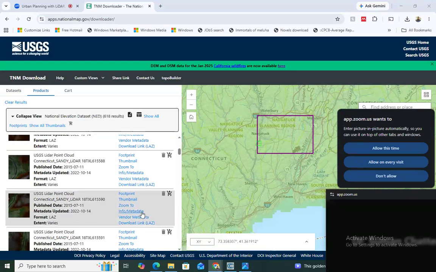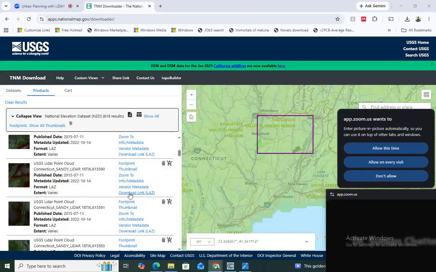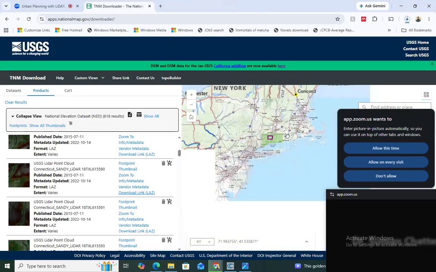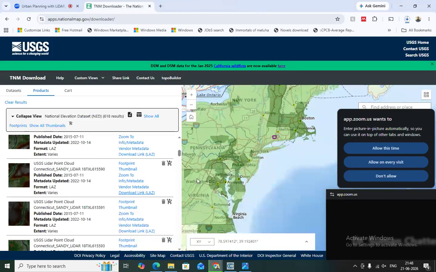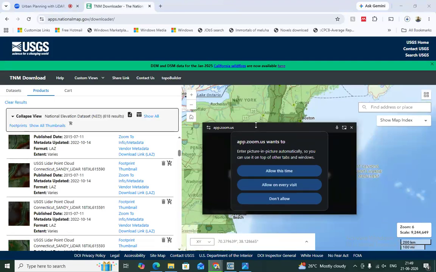You can download. If you click on the download link LAS, it will be automatically downloaded. Okay, just let me show you. If you click here, the data will be downloaded. So you download your own data and try this process in the coming week. Okay, you practice this and let me know if you face any problem. And for today, I would like to conclude the session and over to you.